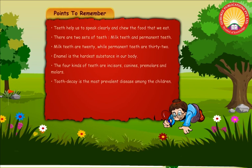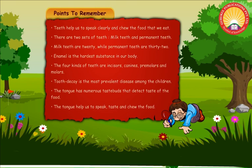Tooth decay is the most prevalent disease amongst the children. The tongue has numerous taste buds that detect taste of the food. The tongue helps us to speak, taste,